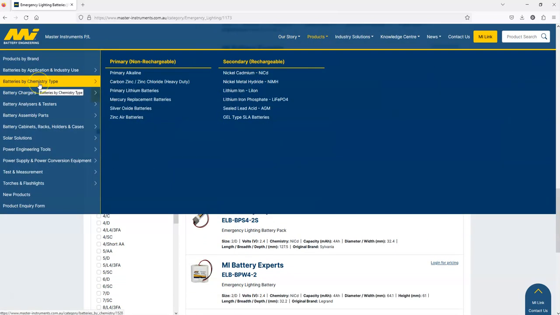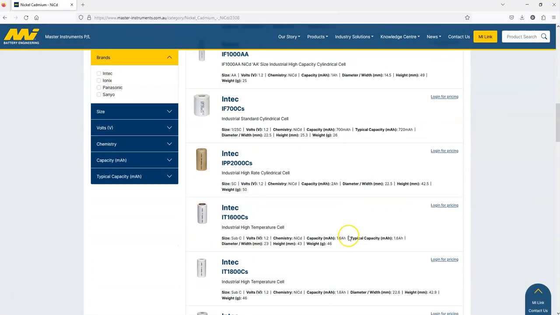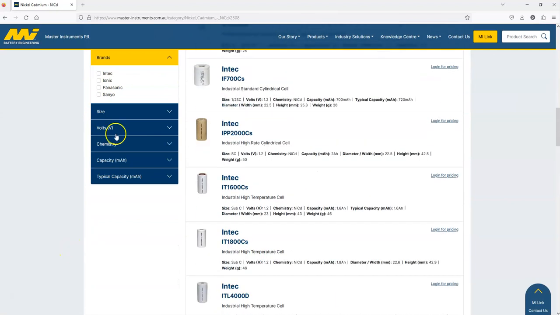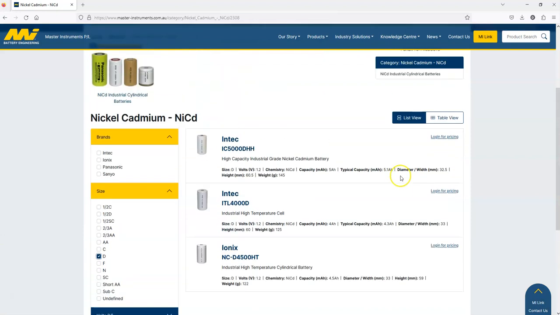Searching for cells, let's look for a NiCad D cell. Here we have the full list of NiCad cells, industrial cells available. Click on size, click on D cell, they're the available cells. Really, really handy. The other thing you can do, if you don't like this layout, you can always go back